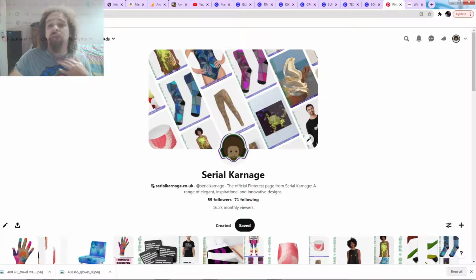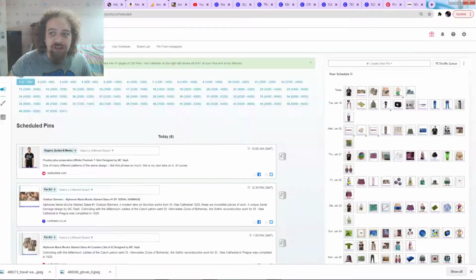So what I do with Contrado, as soon as, say I was making 10 dresses, then I'd take those dresses, I'd post them into my Tailwind as soon as I've made them, so I don't have to worry about promotion later on, and they will just get shuffled. And I think at the moment the Tailwind automation is going to go on to about 2023, but I am going to upgrade my account so I can do unlimited pins,